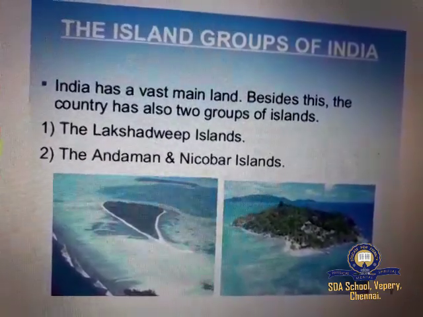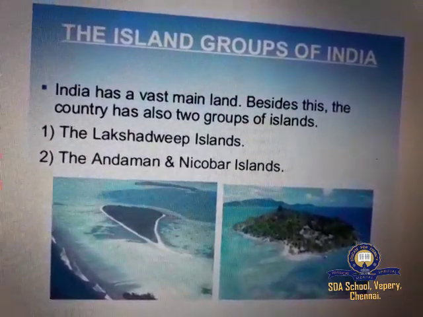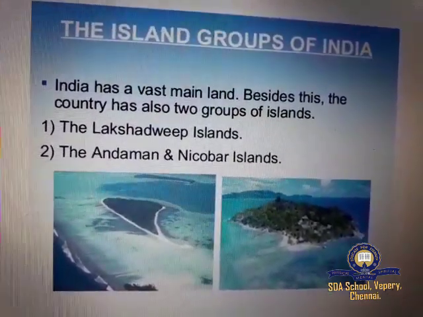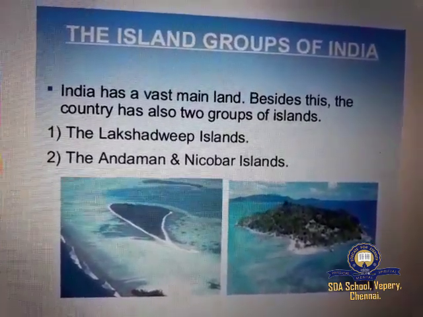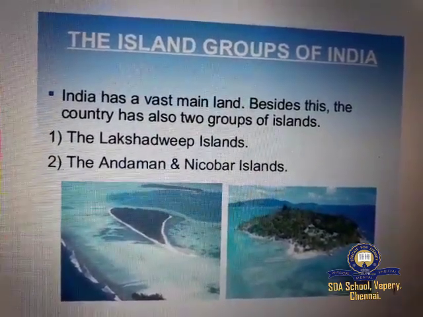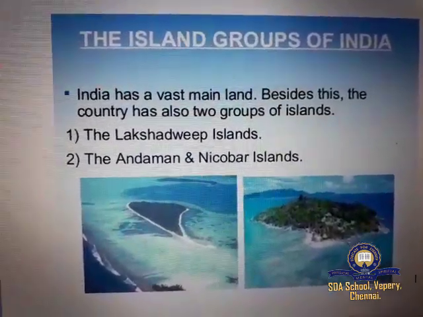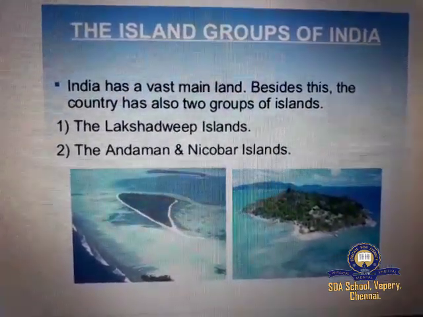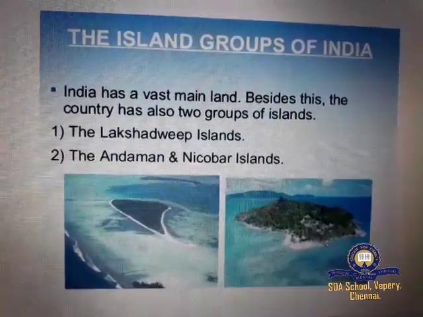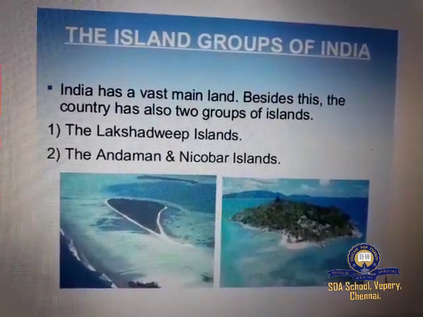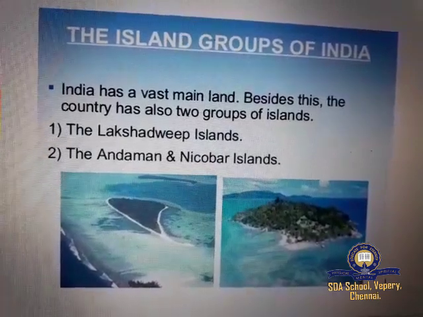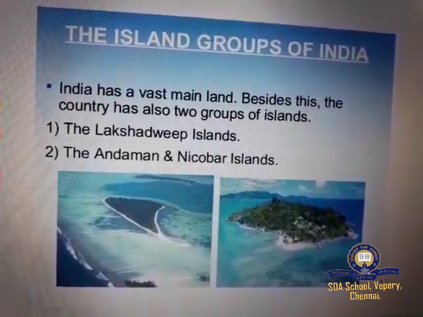The islands. India has two major island groups, namely Andaman and Nicobar and Lakshadweep. The former group consists of 572 islands and is located in the Bay of Bengal, and the latter one has 27 islands and is located in the Arabian Sea.